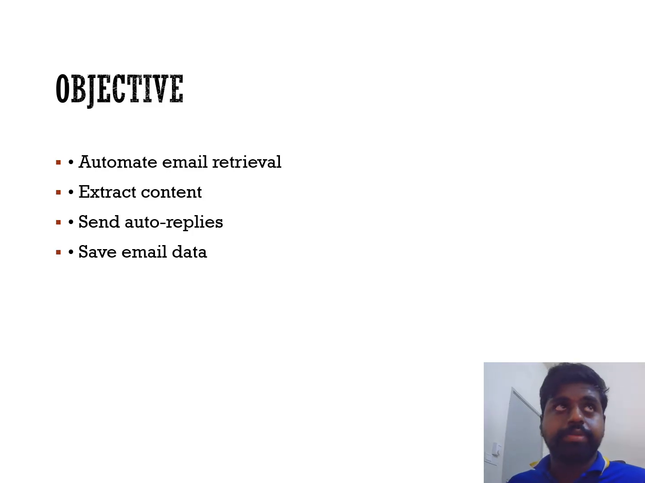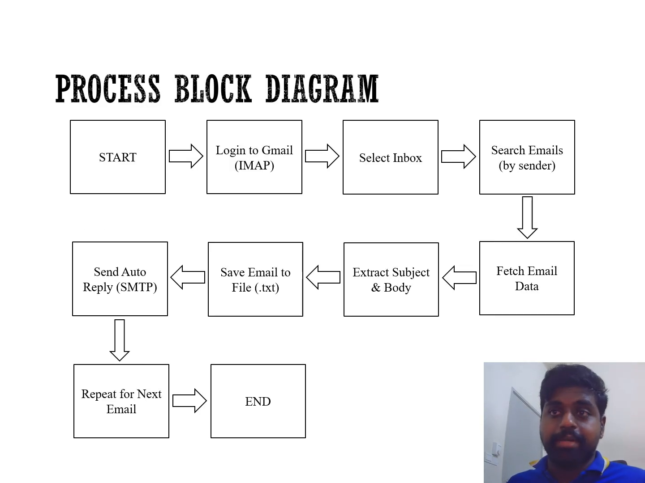Now I have made a block diagram to have a clear view on how and what this code does. So basically, when we start, the code will log into the Gmail using the IMAP protocol, which is the Internet Message Access Protocol, select the inbox for the particular Gmail that we have set up, search for the email from the sender that we have stated, fetch the data within the email,